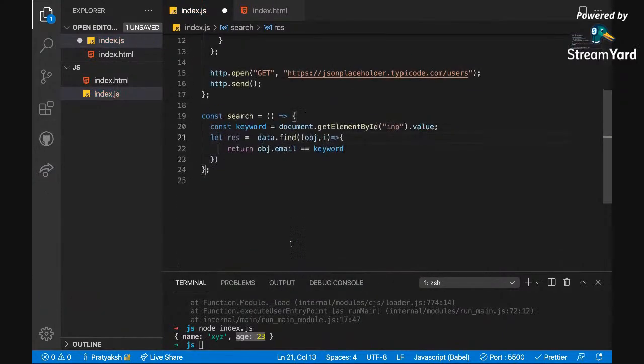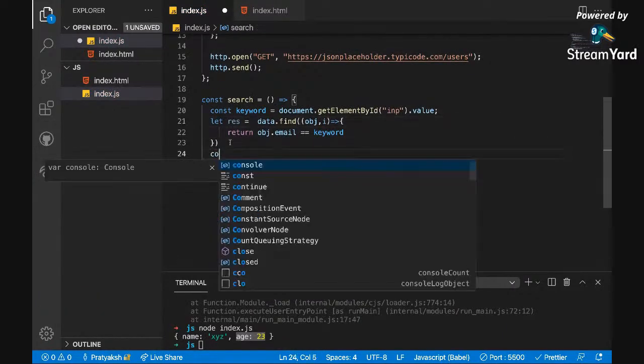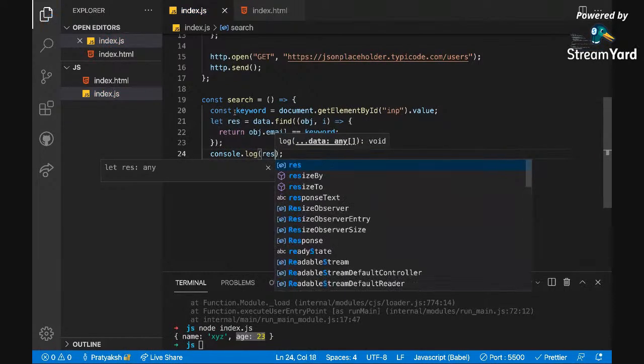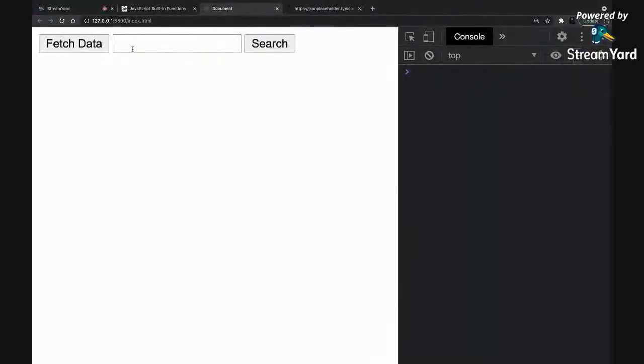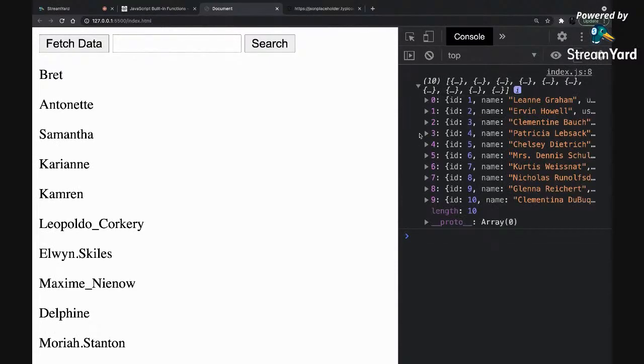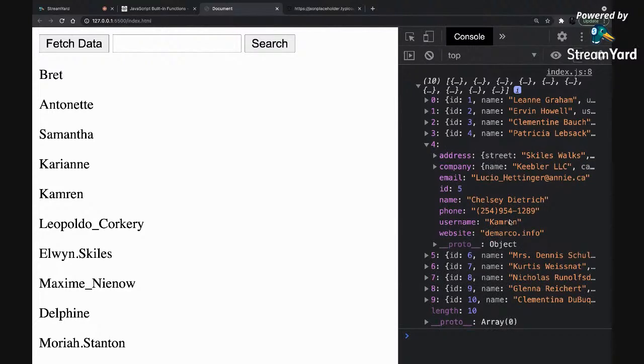Let result equal this, and let's just log it. Let's first see if everything is going as we want, and if it's able to give us a result.